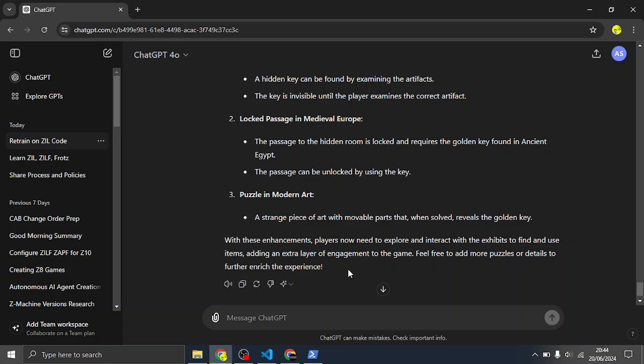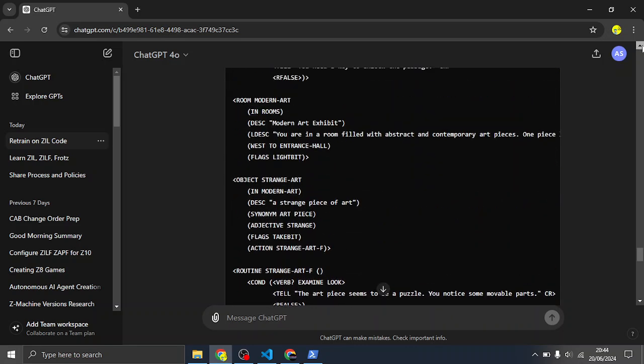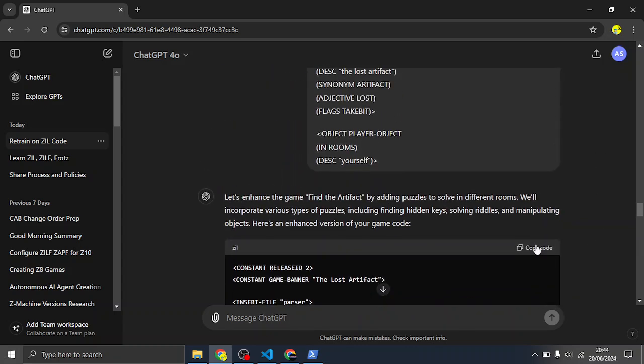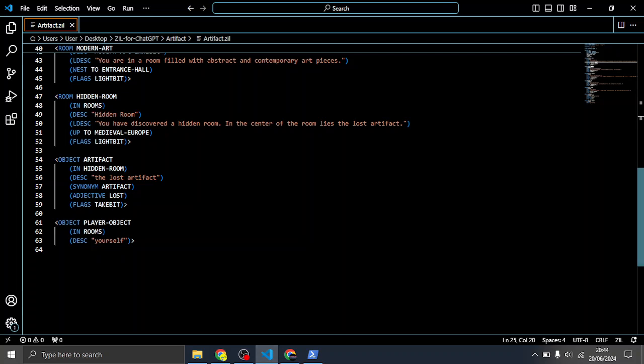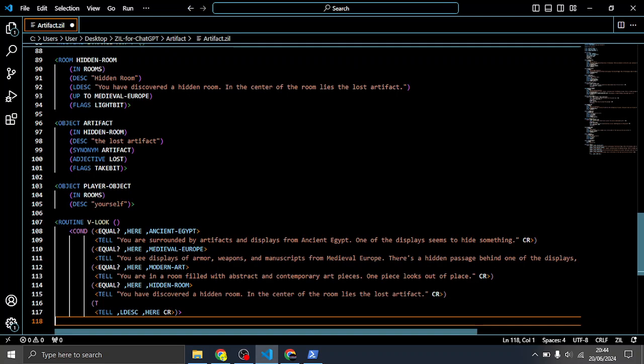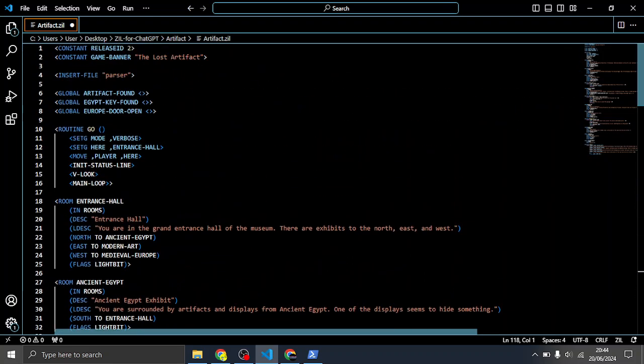Okay, let's have a look. So I want to actually quickly address something now, because this is quite a good example. Let's just get rid of that and replace it with the ZIL code. Okay, so just to address one of the many elephants in the room with AI,